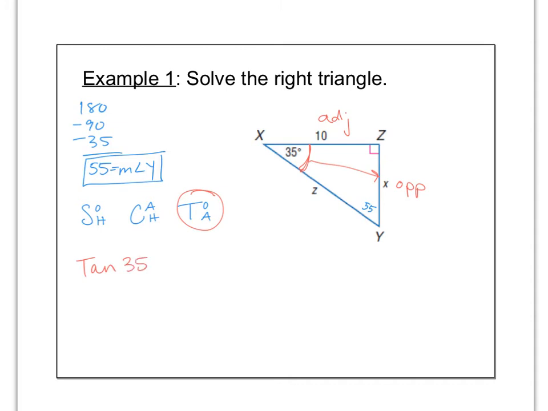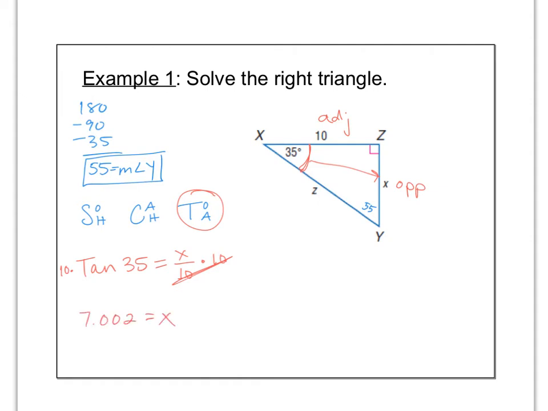Remember, it's always the angle that goes in there, equals, and now order matters, opposite over adjacent, so x over 10. This one's pretty nice for solving. We can just multiply both sides by 10. These 10s will cancel, and then you're going to have to grab your calculator and type in 10 tangent 35 equals, and you should get